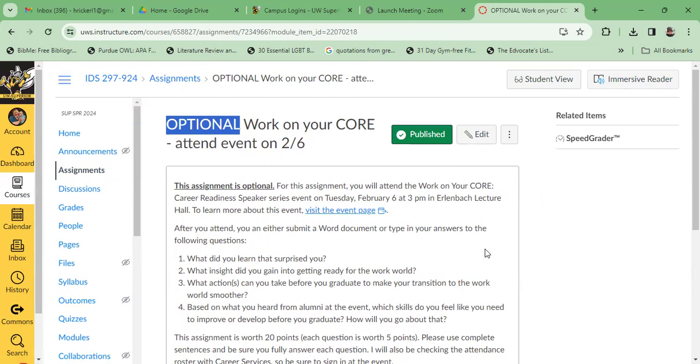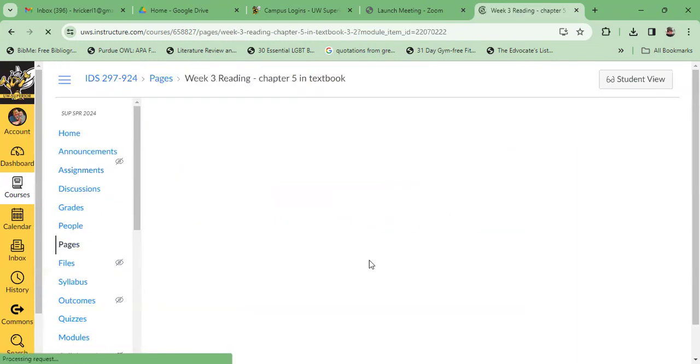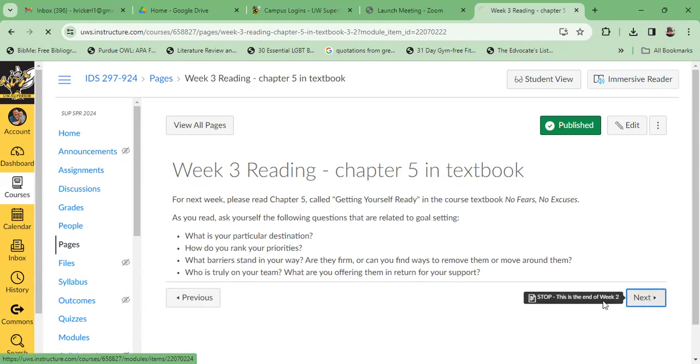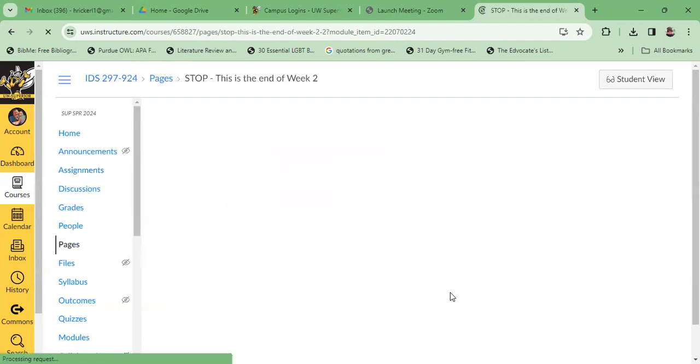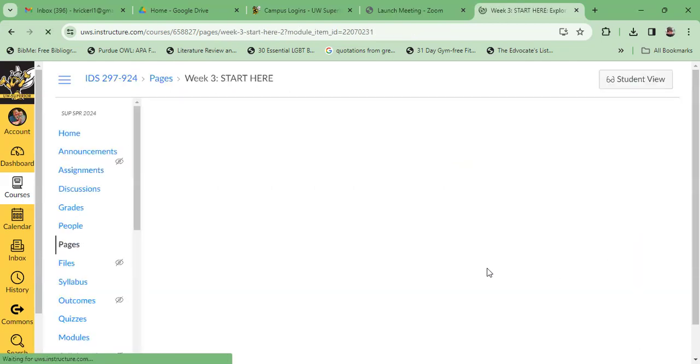That means you do not have to do this one, especially if you jump into the course after the 6th of February. So this doesn't count against you if you can't or don't want to go. It is optional. And then it will show you the reading for the next week so you can get ahead on that. And then it'll say stop, so that's the end of week 2. But once module 3 is open, you'll be able to just go to the next one.